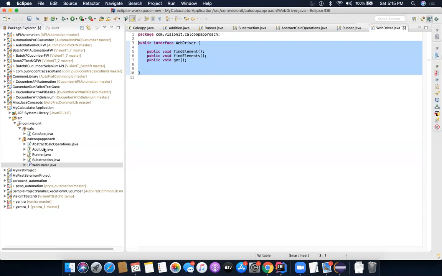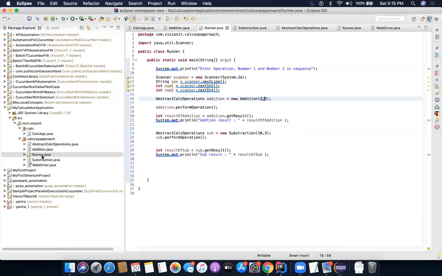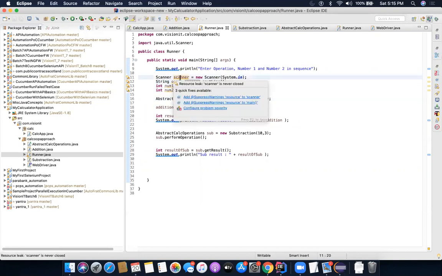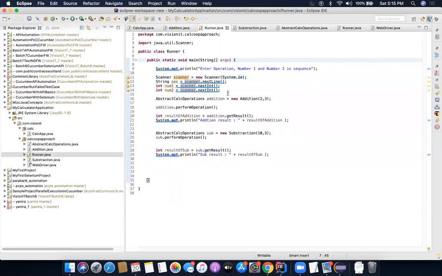Right. So what we're going to do next is go to the runner file. And here I have added these three lines which were not there before. These are just scanner lines, nothing important here. That means when I run it, it will prompt me for inputs. Previously we were giving inputs like this here, but now we are going to take them from the user because we want a calculator, and in a calculator we want the user to provide inputs. So we need these specific lines to read inputs from the user. We're going to change that later perhaps, but now we'll keep it simple.